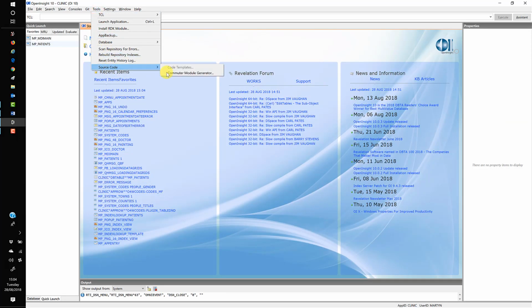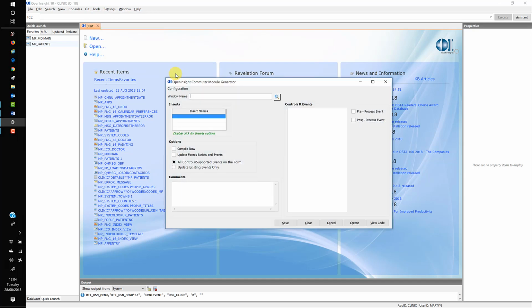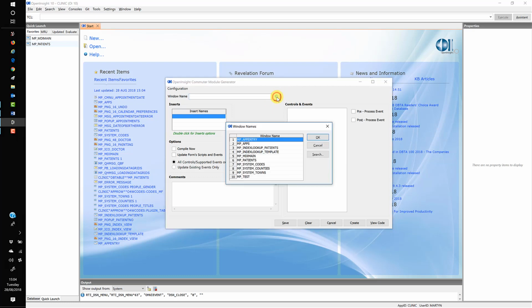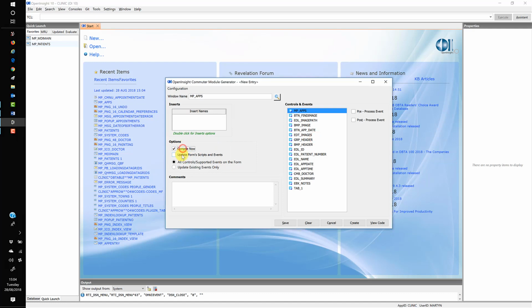tools, source code, commuter module generator. Now I did a video on this in the last lesson, so if you haven't seen that video, please go and watch it. I'm going to go through this pretty quickly. We're going to select our window, we'll compile now, we'll update and update existing events only. Our comments will be commuter module for the appointments window, because this is going to be a module that's going to do the whole of the window. Haven't got any pre or post events, I'm not going to worry about those. I'm just going to click create,